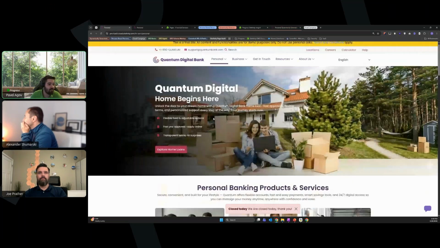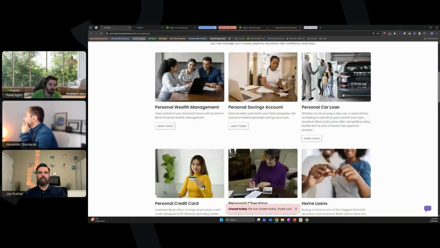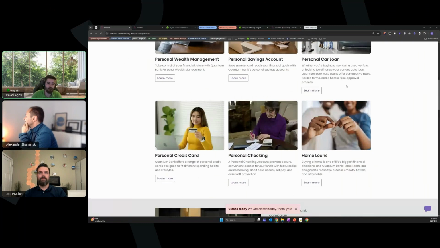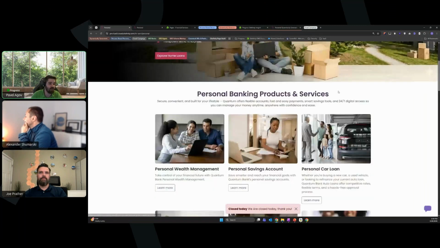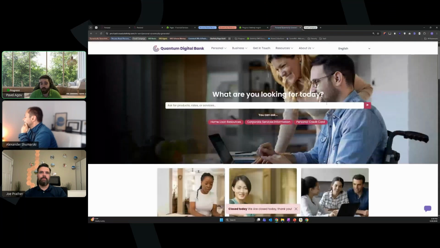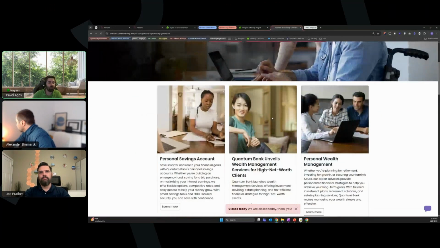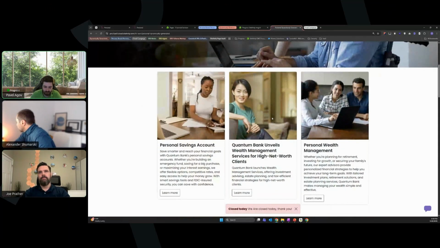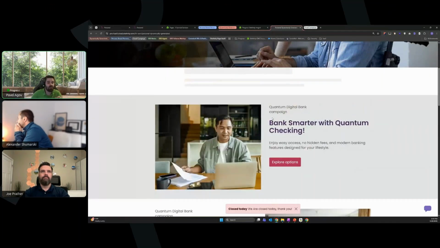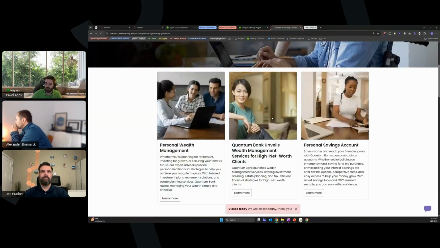Where instead of having, again, the generic product list here with some random products that we've selected, instead of having our target messaging here, we're just asking the person, hey, what are you looking for today, right? And based on what they are looking for and what we know about the visitor, we're going to show them different content. And if I refresh the page, I'll probably get the same recommendations, and I'll explain why in a second. But you see that this content takes a little bit longer to load because we're actually dynamically generating these